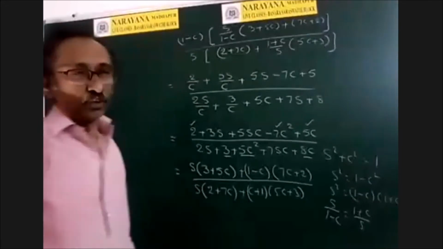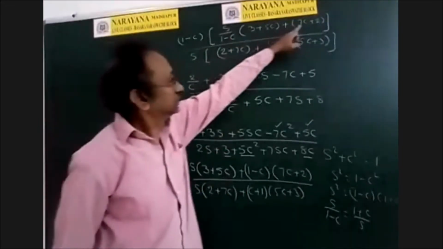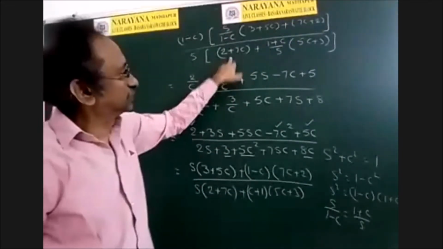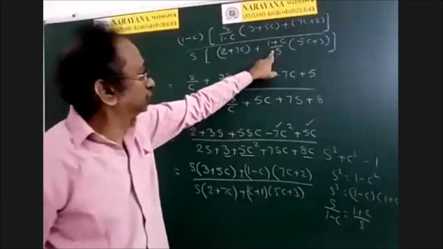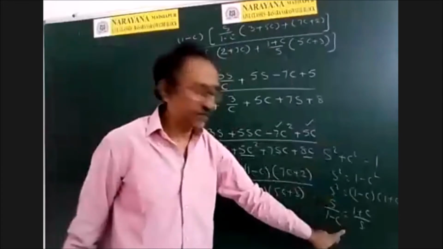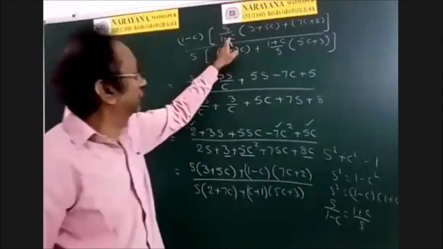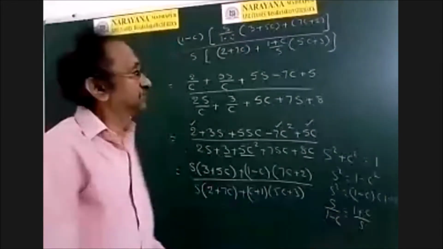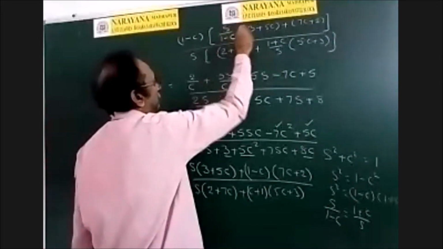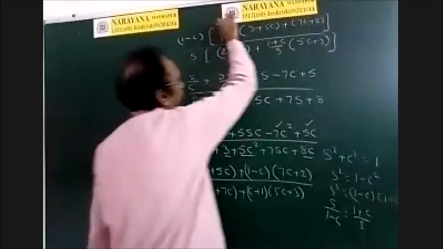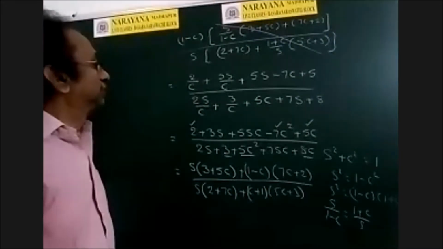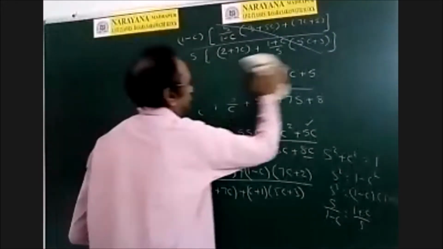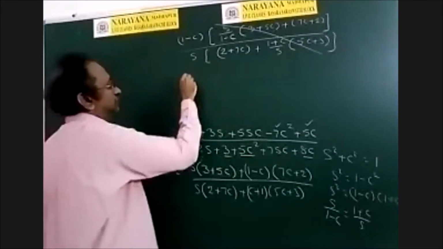See, the problem is over. So here, this is 7c plus 2, 7c plus 2. This is 5c plus 3 into this, 5c plus 3 into this. But these two are equal. So s by 1 minus c is equal to 1 plus c by s. Therefore, these expressions are equal, and hence this total expression is cancelled. So the answer is simply 1 minus cos theta by 1 plus cos theta.